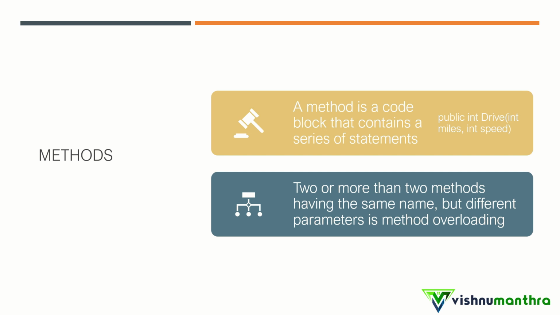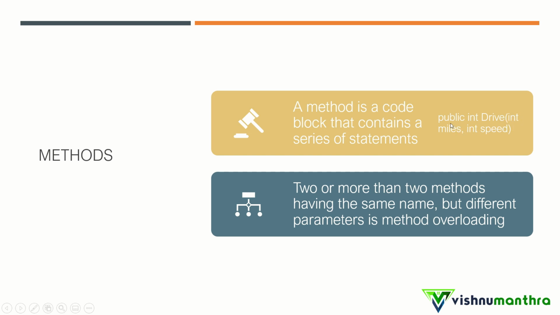Whenever we have a method, we define it with the accessibility first, that is the access specifier. Then we have the return type, like int, void, string, whichever return type we have. Then we have the method name. Inside that we have parameters. Whichever values we are feeding into the method, we pass as parameters.